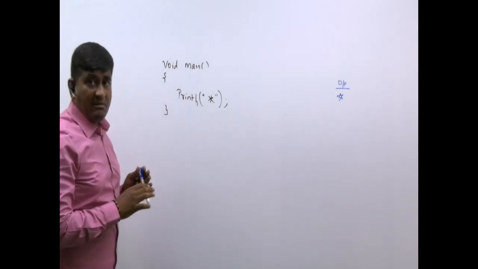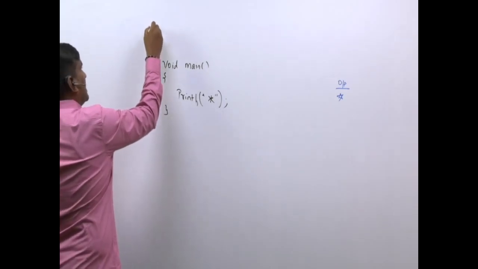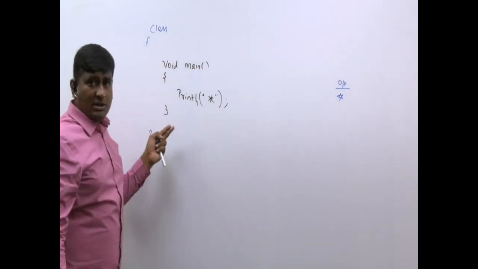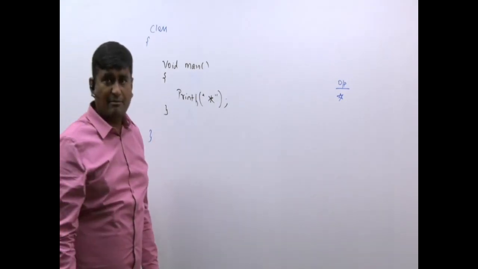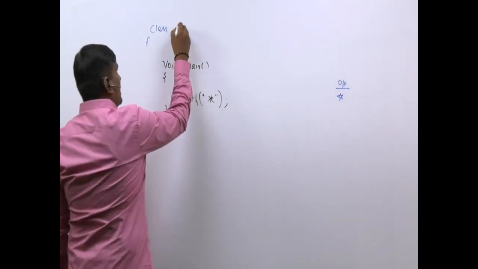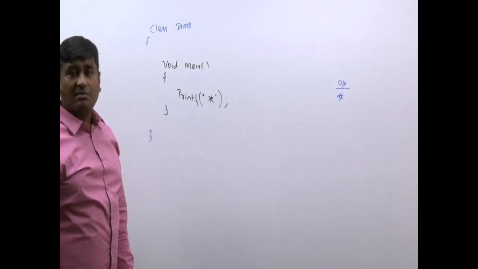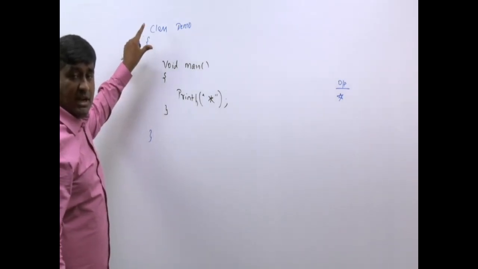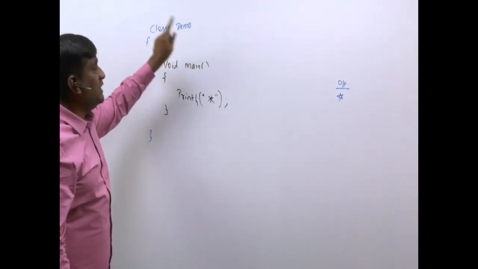Now, it is a rule in Java that whatever program or whatever lines of code you write, you should keep inside one fellow called a class. It is a rule. Whatever lines of code that you write should always be kept inside one fellow called what? Class. Like how you people have names, similarly, for every class, one name should be given. Whatever name you want, you can give. I will just give the name as Demo. "Sir, can I keep my girlfriend's name?" Any name you can keep, that's not a problem. I repeat, whatever lines of code you write in Java, that entire code should be present inside a class, and every class should have a unique name.